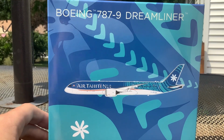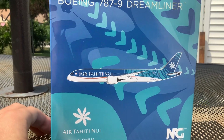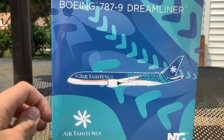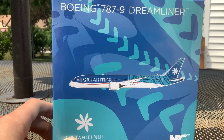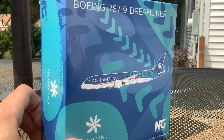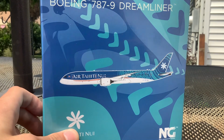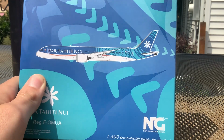Here we have the NG Models Air Tahiti Nui 737-800, and this model I got just for looks. Love the livery on this thing, one of my favorites, if not my favorite, in the world. So this is NG Models' new release of the Air Tahiti Nui 787-9 Dreamliner. I don't know where I got 737 from, but